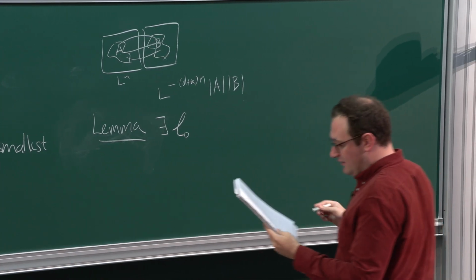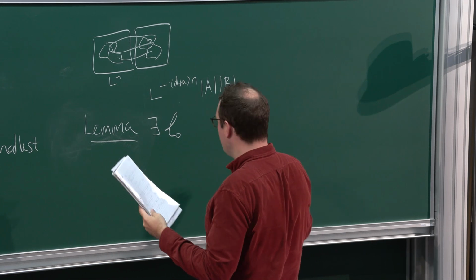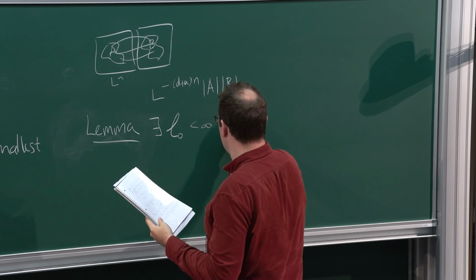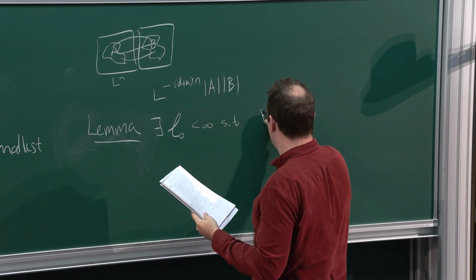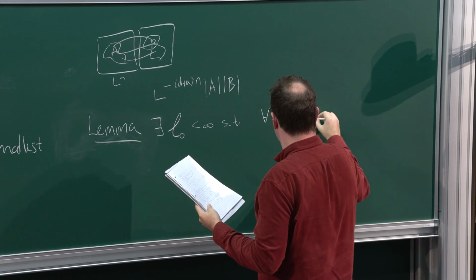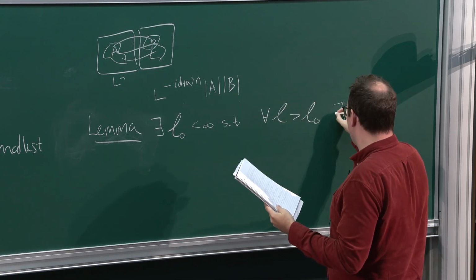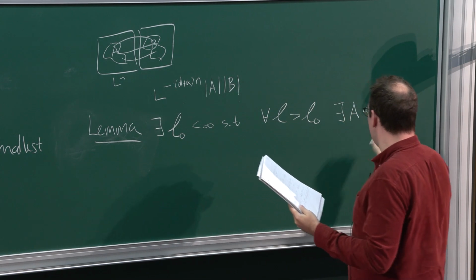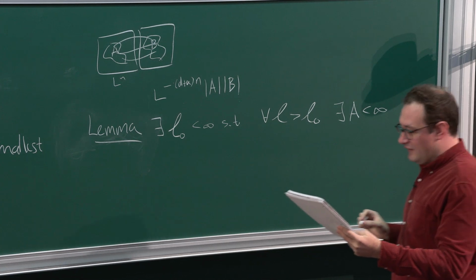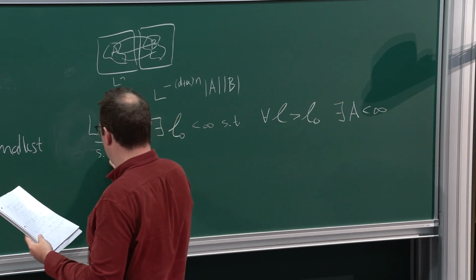Okay, and the lemma is that there exists a constant L naught such that for all L larger than L naught, there exists a finite A such that